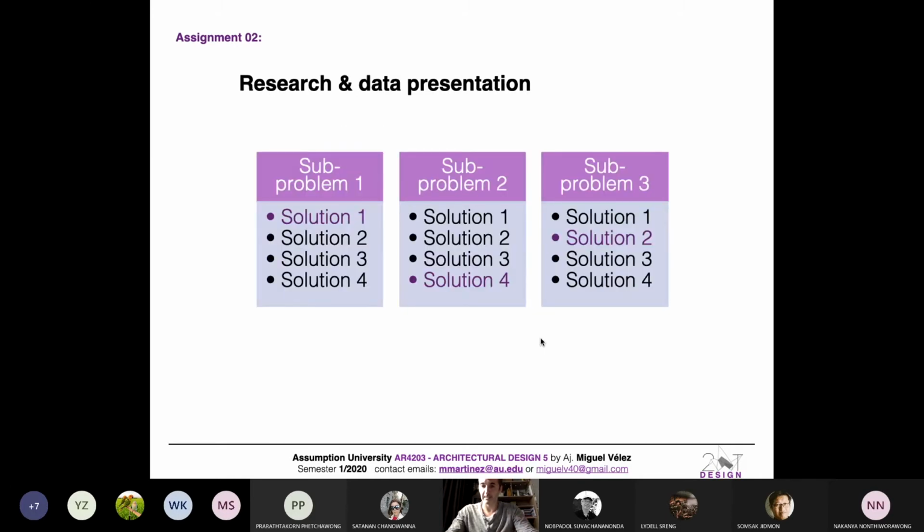Okay, then you have the breakdown with the different problems that are the topics that you guys are interested in or start to find along the research that you have done. And through the case study and some literature review and some other information that you are finding, you start to find solutions to that problem, no? How that problem can be solved, okay? That is what Lydell started to talk about, with this reshare and data presentation, how he is prototyping these parasites, no? Okay, and when he starts to talk, he starts to focus on different combinations,